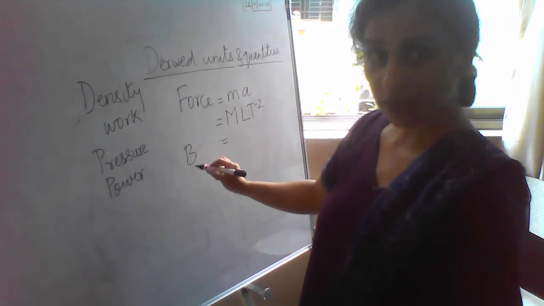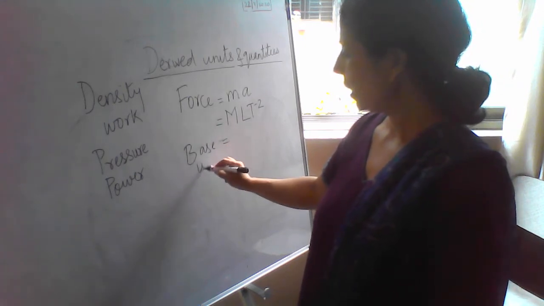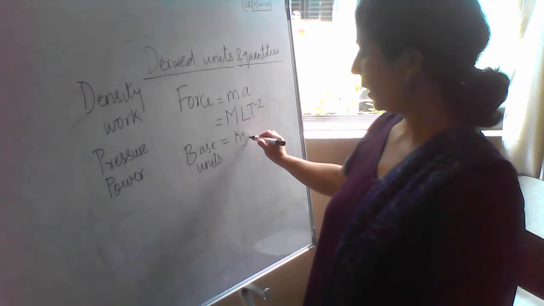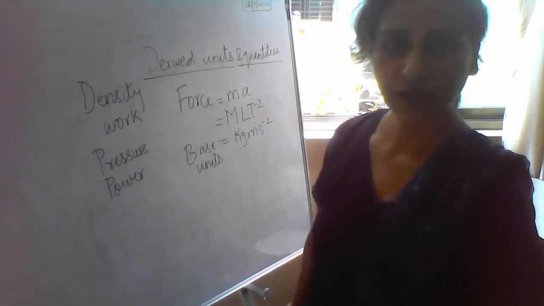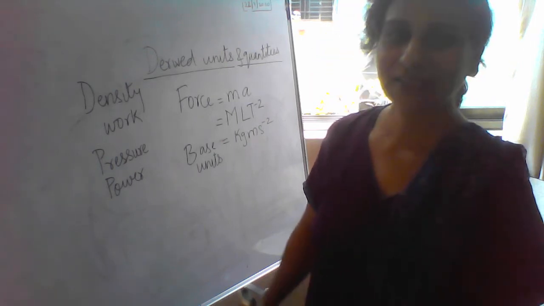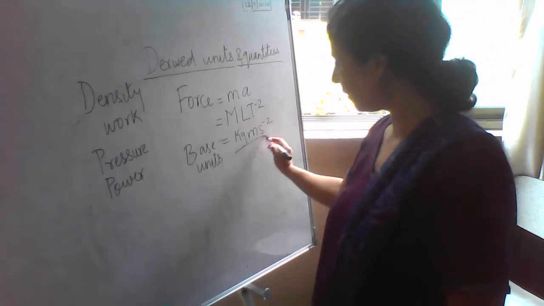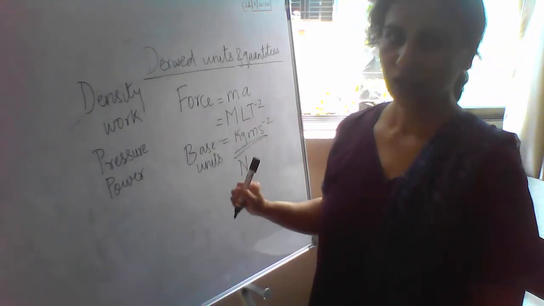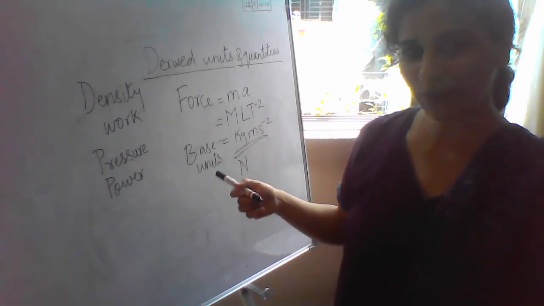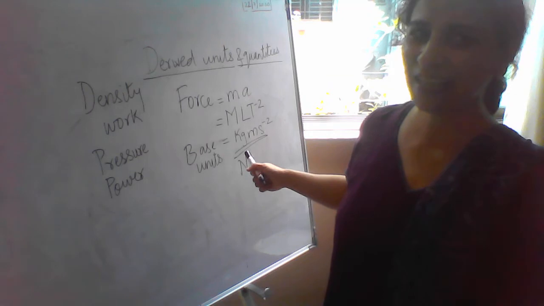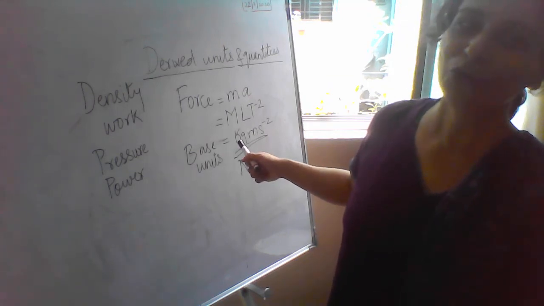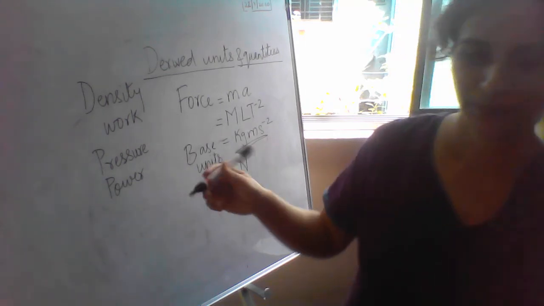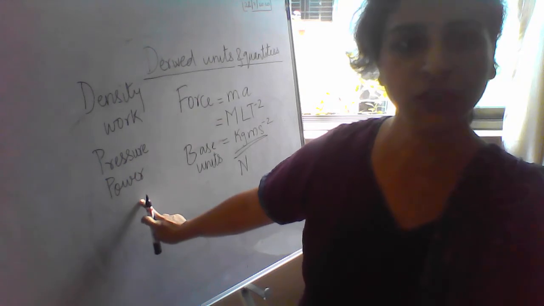What will be the base units? Base units will be kg, meter, second raised to minus 2. These base units can be brought together into one unit, that is Newton. We are all aware force is in newtons. So instead of Newton, tomorrow if you forget but you know how to derive the formula, you can even write kg meter per second raised to minus 2. No teacher can mark this as wrong. This is the base unit. You are allowed to write this in the exam. Please do these and show it to me on the camera.